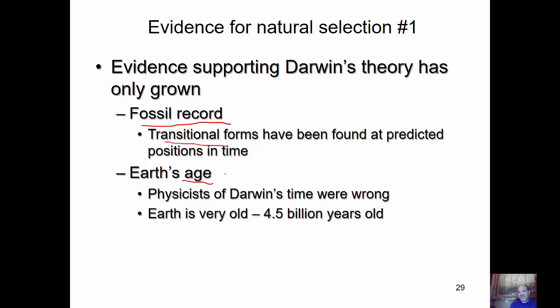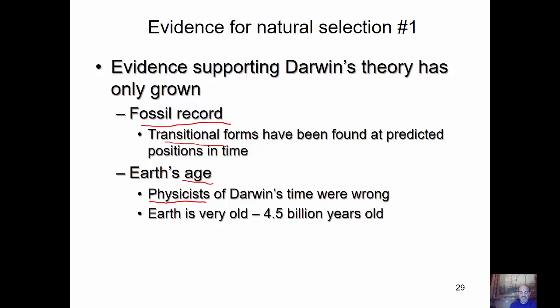But the other key here to Darwin's theory was time and Earth's age. In order for these ideas to make more sense, the Earth would have to be a lot older than they thought it was back in those days. It was thought that many people thought that the Earth was thousands of years old, and then physicists started doing calculations based on hot molten rock and their knowledge of how heat is transferred, or thermodynamics, and so they gave estimates in the millions based on those types of measurements and calculations.